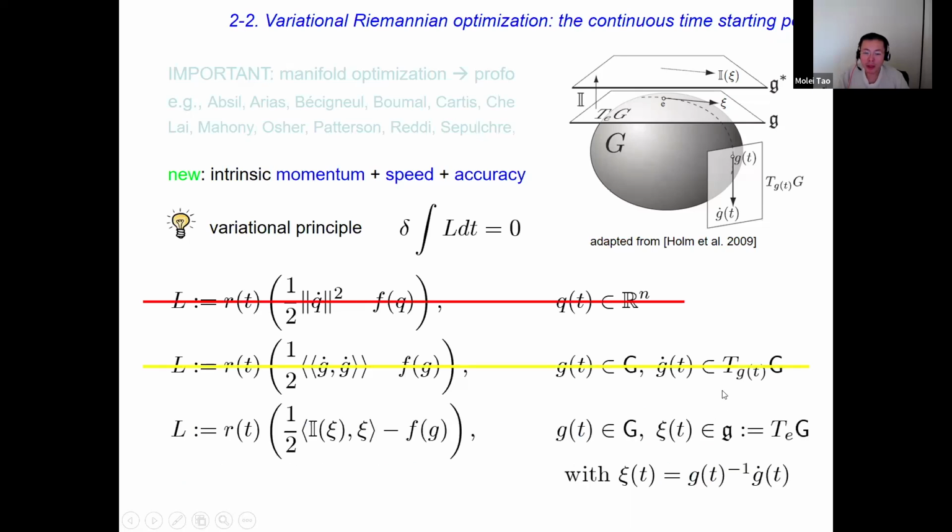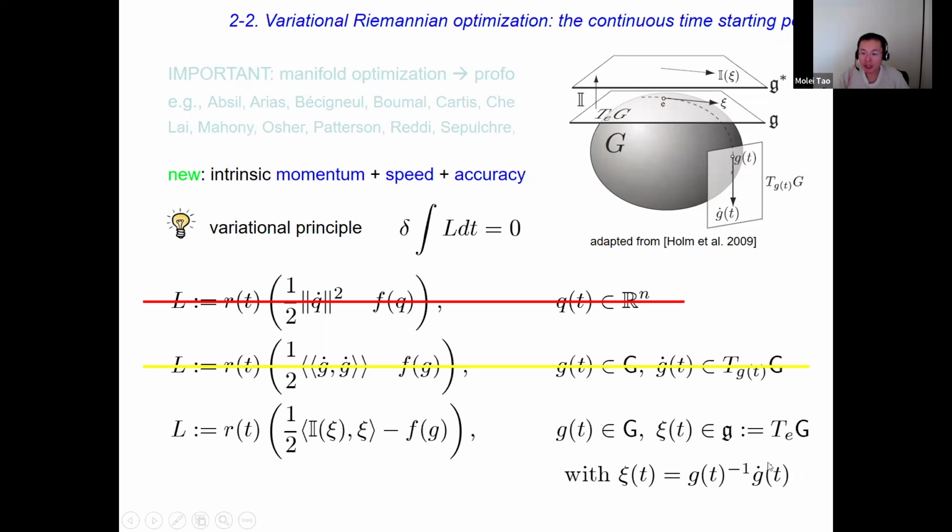What is the idea? You know that G dot lives in the tangent space. The tangent space is a very nasty object to deal with because as G moves, the tangent space will change. So you have to do things like parallel transport, etc., so that you can maintain your tangent vector in the tangent space. And comparing tangent vectors, everything is a mess. So we do this. Instead of considering G dot as the momentum, which really should be called velocity, but I'm happy to tell you more about the difference offline.